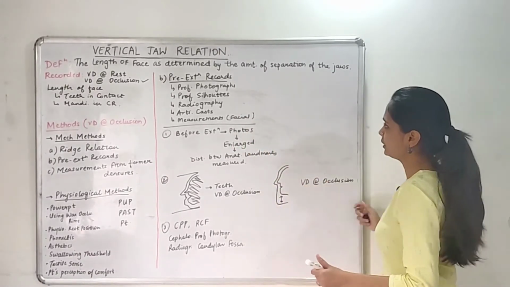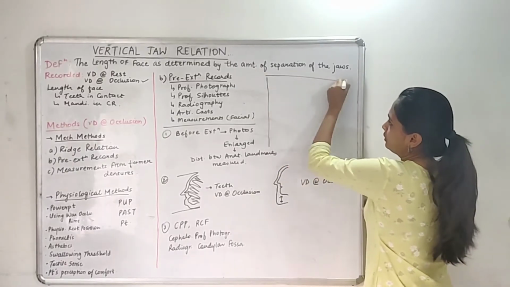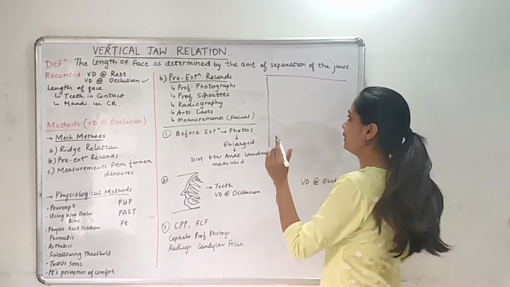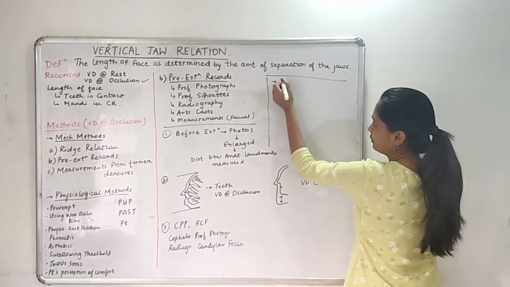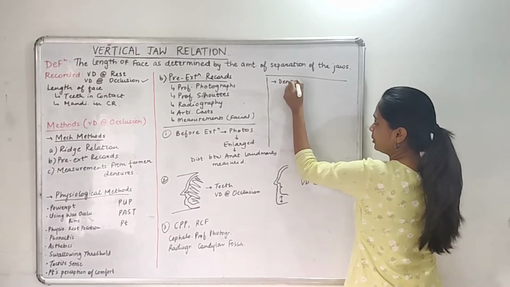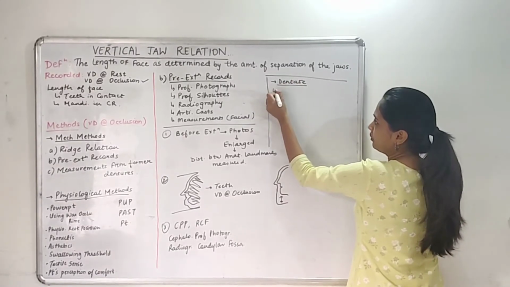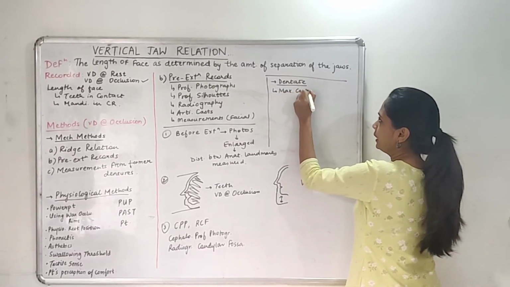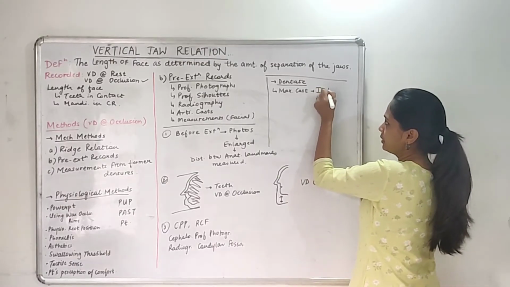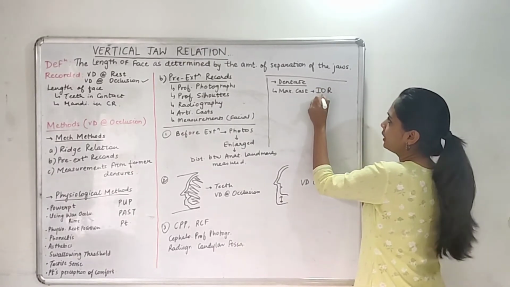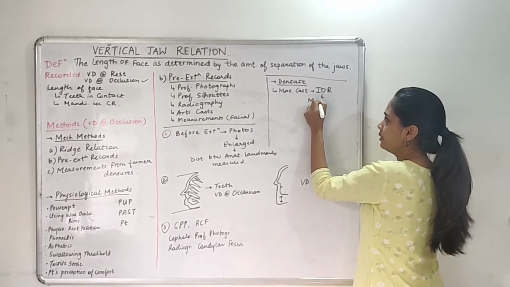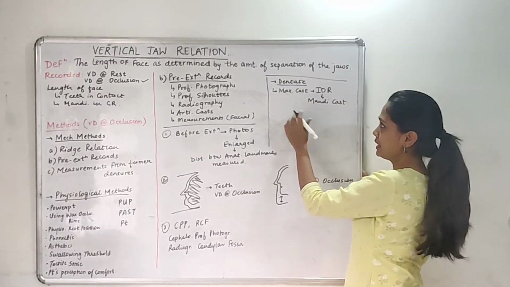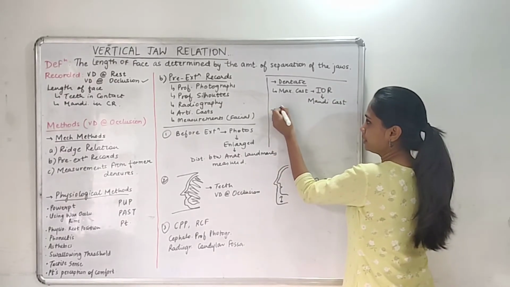Next one is about the articulated cast. In articulated cast, first, when the patient has teeth, the patient is dentate, we have 2 things. First, we articulate the maxillary cast on our articulator. Then an interocclusal record is recorded, and then we articulate the mandibular cast with the help of the interocclusal record. Here the patient has teeth, the patient is dentate. So after the extraction, when the patient is edentulous,